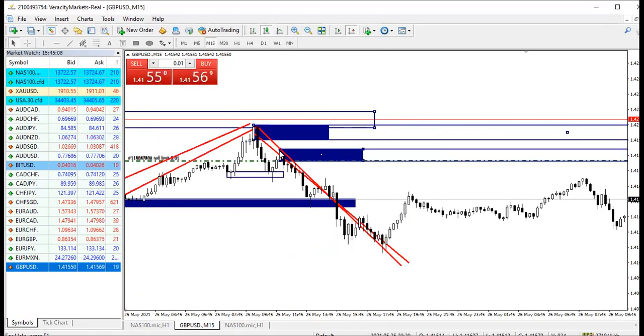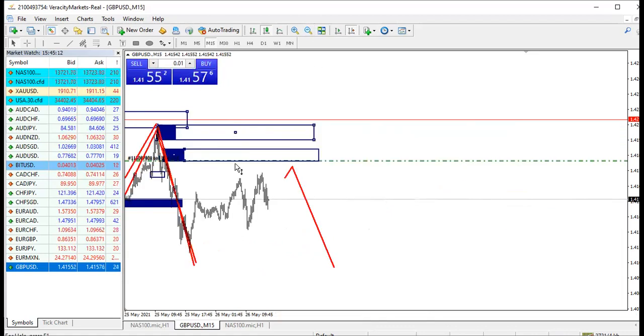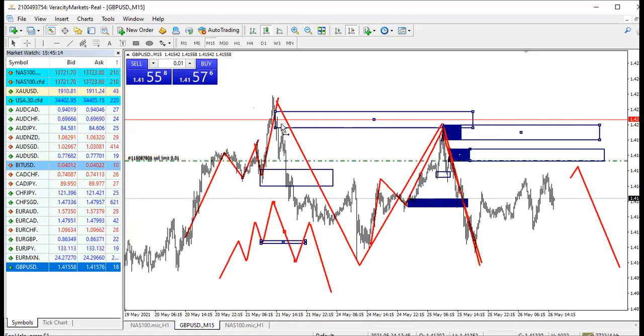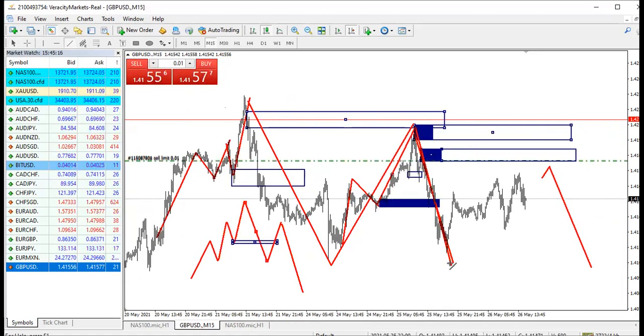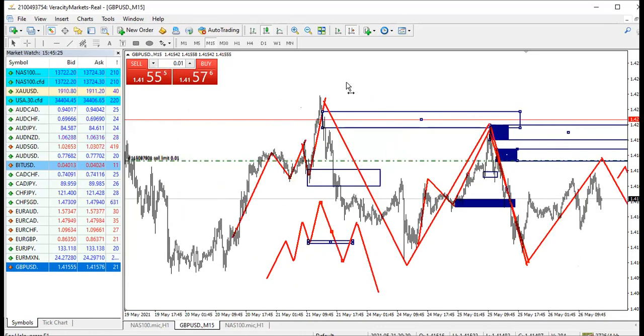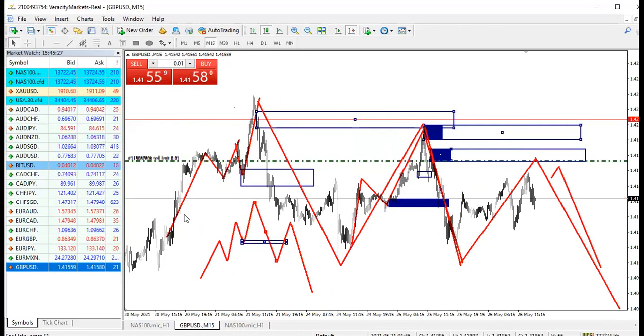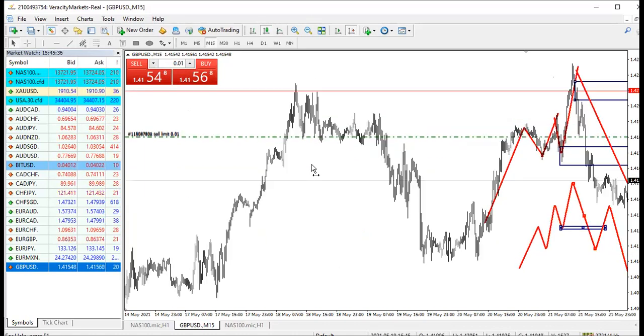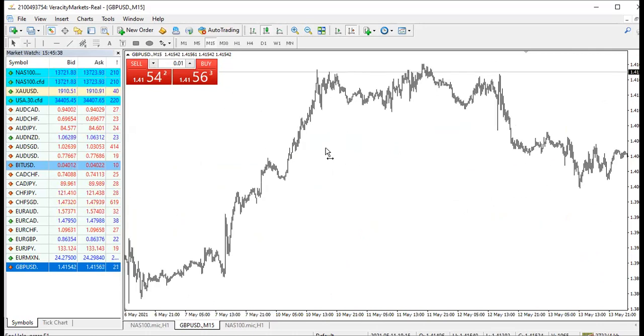I zoomed my chart to look for my imbalance here. So I found these two imbalances, these two zones. So I'm expecting the market to go up to continue to do the very same thing that it was doing. Look, the same thing, the market went to the zone and went down. Here I have the same thing, meaning I'm expecting the market to go down. This is everywhere.